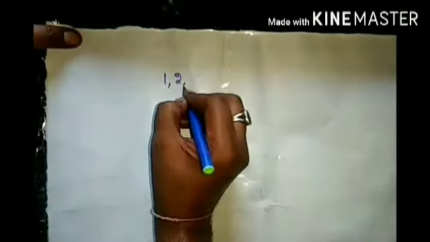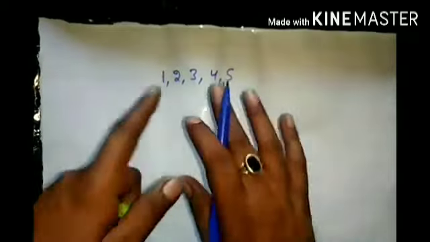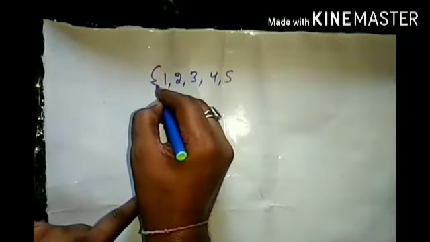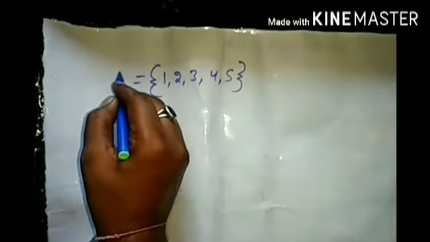If I say that we have to make a collection of the numbers starting from 1 and up to 5, then what will be my answer? I will make this collection just like this: 1, 2, 3, 4 and 5. This is the collection of the numbers as per the given direction. I have to write this collection in the form of a set, therefore I will mark the brackets and give it a name, any capital English alphabet.